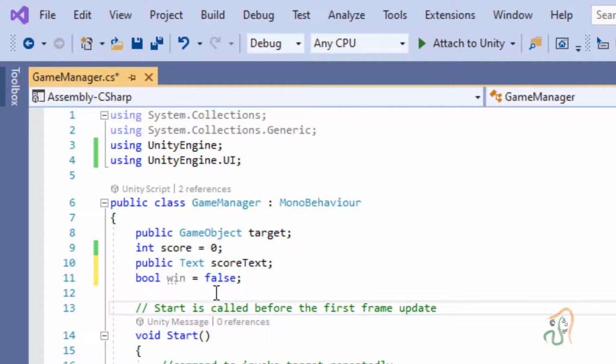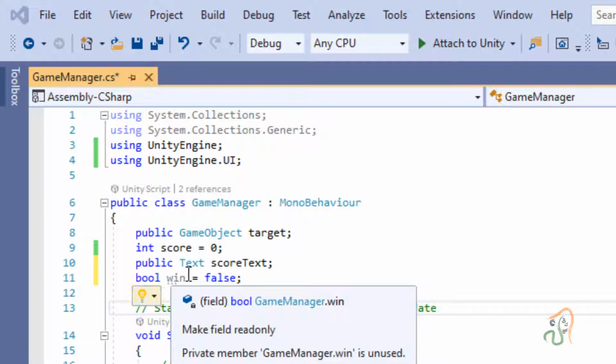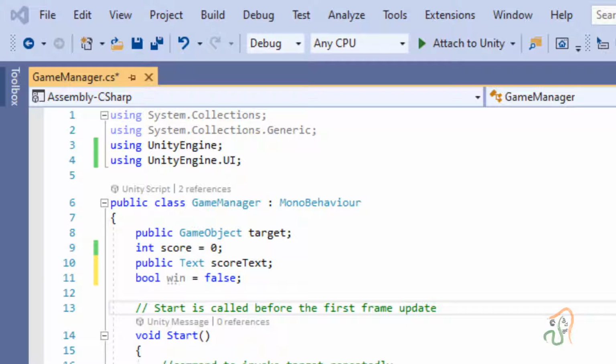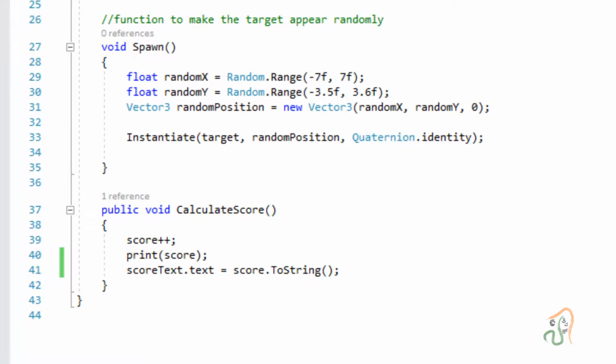So how to add it? Let us see now. After declaring this win boolean as false, when will this win become true? The condition is, if the user scores 10 points, then automatically this win should become true. How are we going to do it? We are going to use the if condition. We will get introduced now to this if condition.